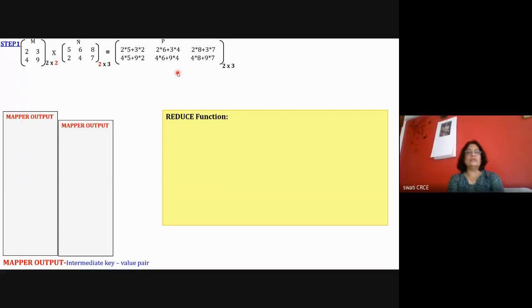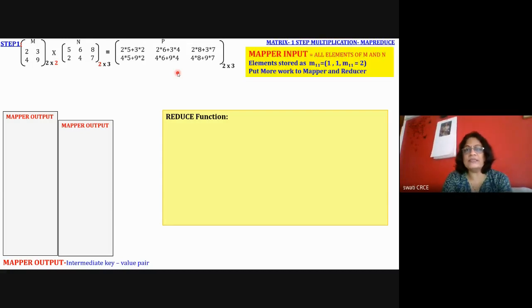Such kind of things also can be represented in the form of a matrix, and the matrix is a sparse matrix. If it is a sparse matrix, one particular element of the matrix can be stored in this format. This method is suitable to store the matrix only if the matrix is sparse.